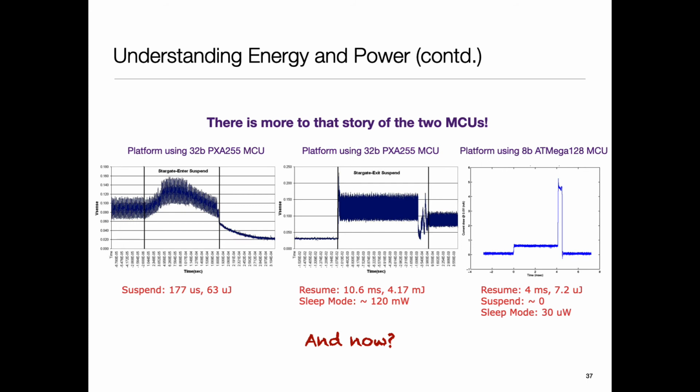There is, of course, more to the story. The microcontroller's sleep power is very low and it can go into sleep very rapidly. Bigger processors have more state and more registers, so even when you put them to sleep, they still have background power consumption, so they take more power, and they also take more time to transition. Generally speaking, a system optimized for higher performance would also have a higher baseline power when put into an idle mode, and it is going to be costlier to move in and out of that state. Whereas simpler systems are more agile in that regard.